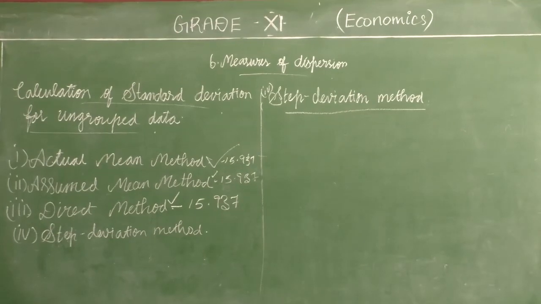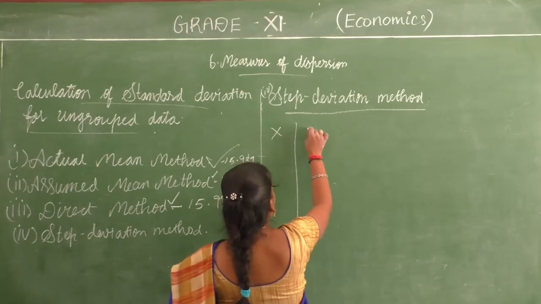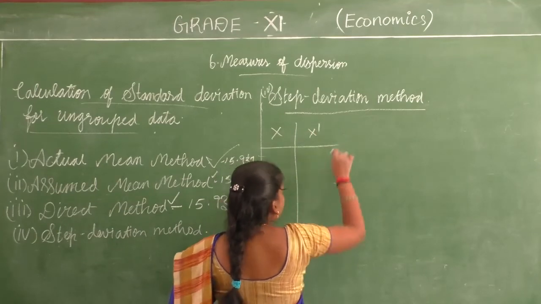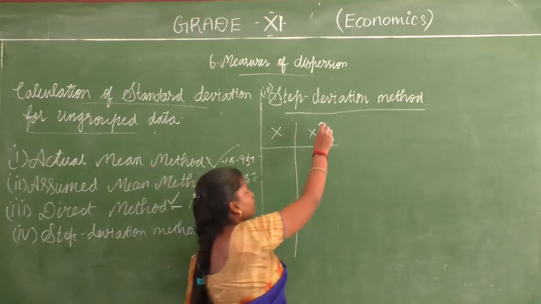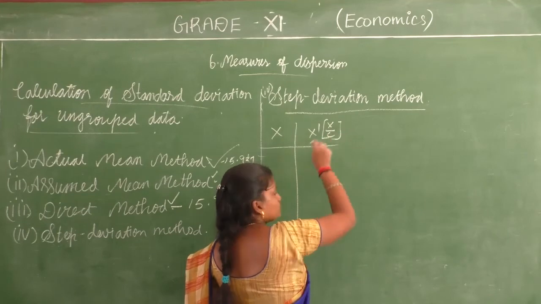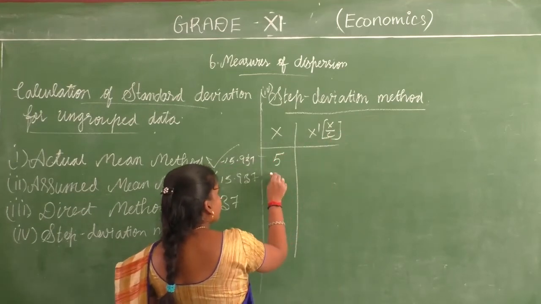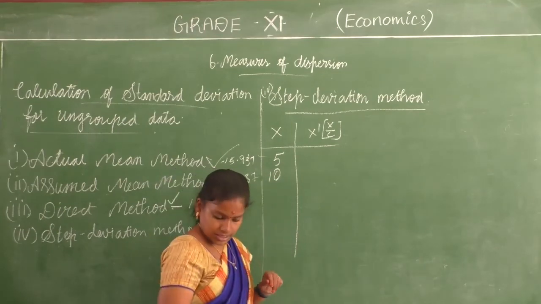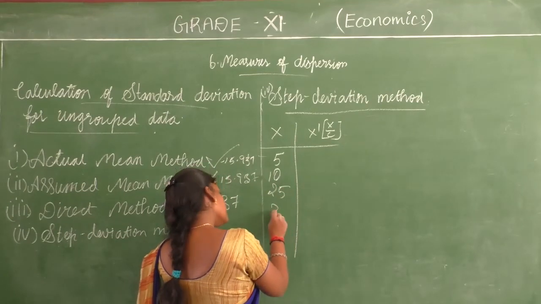We are going to have our x values, then we are going to have x dash, which is going to be x dash is actually what? X by c. That's it. Okay? What are your values? 5, 10, 25, 30,